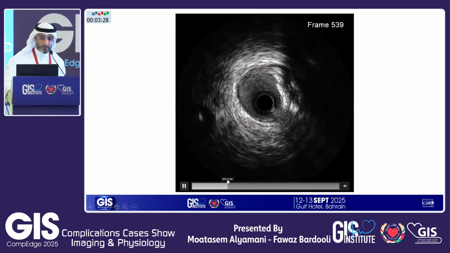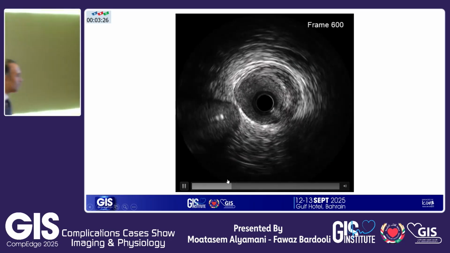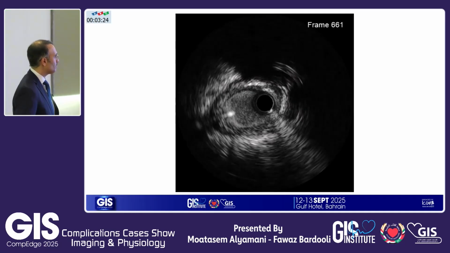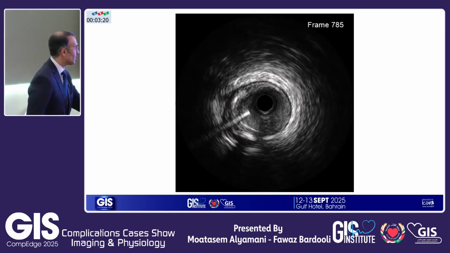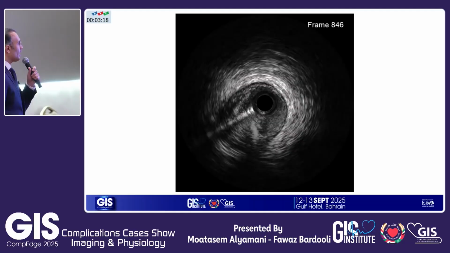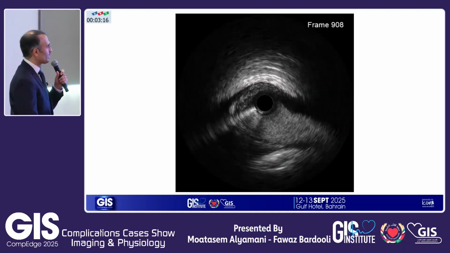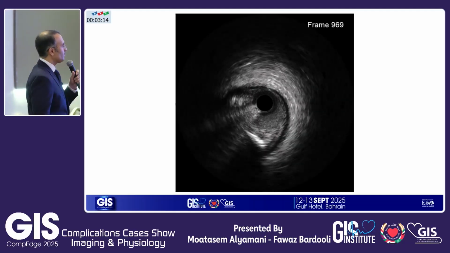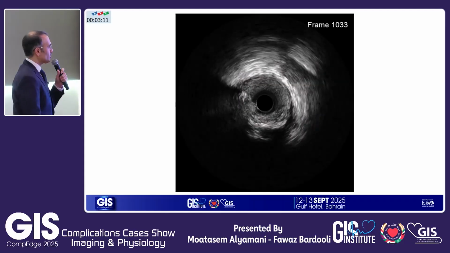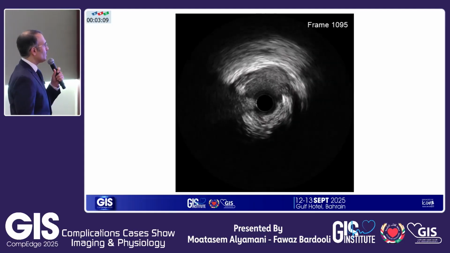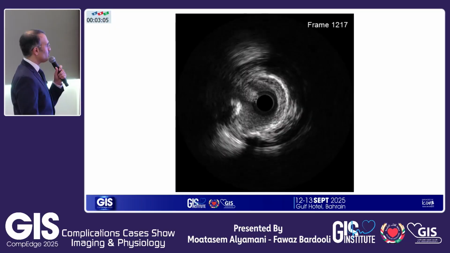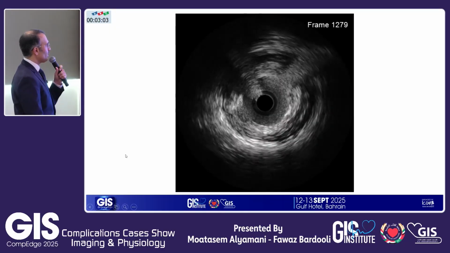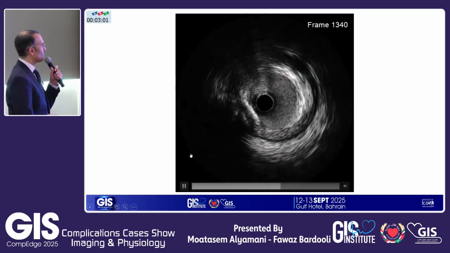So you saw the bifurcation. There is no doubt here that you have a plaque, and the plaque burden increases at the bifurcation level here. You can see that eccentricity of the plaque, and you start having more plaque coming in. Now there is a branch in the proximal LAD, and now gradually you will see the proximal LAD, and then you will start having the wire coming, I think, from the circumflex.